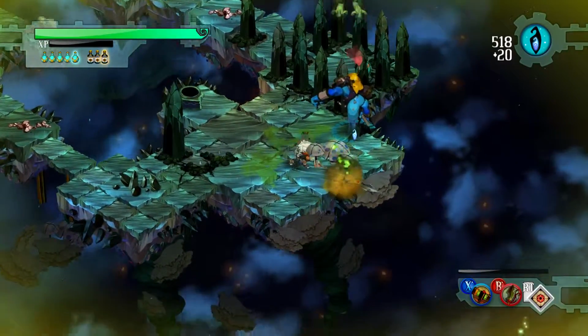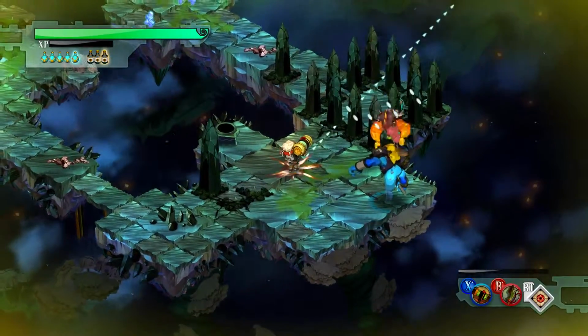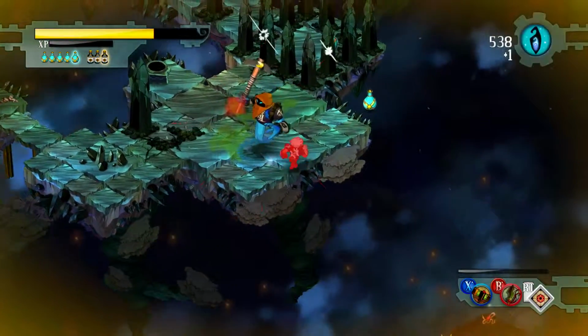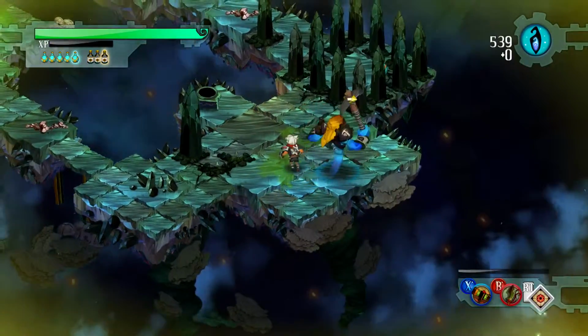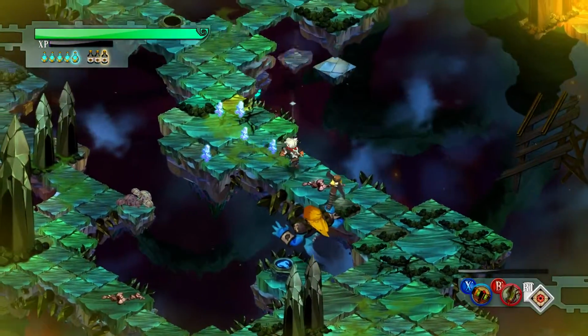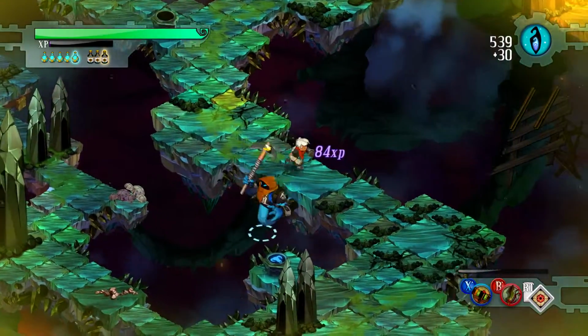So if it's only +2 max health, then that +10 cider is actually probably pretty useful. Not gonna attack me, good. That means even at level 10, 20, I really will...